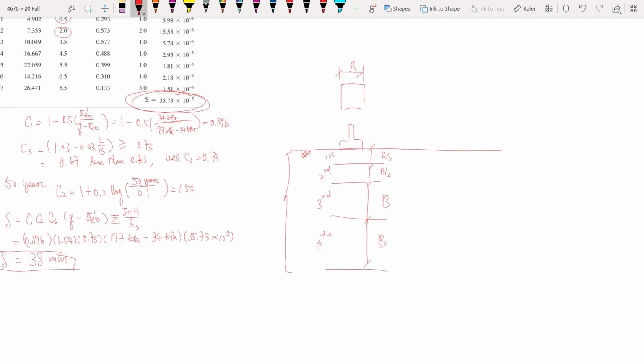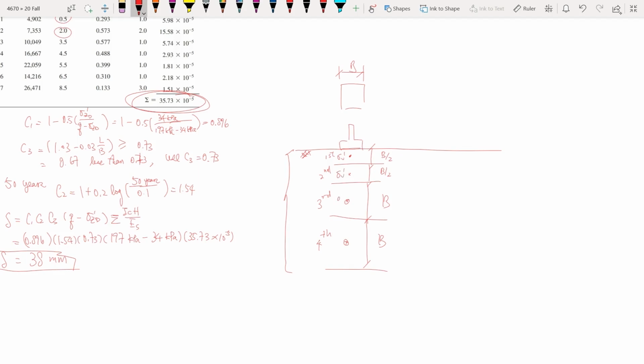So 3B, which is 3 times the width of the foundation, deep to the ground, assume the soil properties are homogeneous, which is not true, but for most cases. But this is the first step. We try to look at this problem, so that's why we simplify a lot of complex factors of geometry. Anyway, we will divide this into 4 layers, and for each layer you calculate the stress at the midpoint of the layer, and then you do your settlement calculations because you know the vertical stress